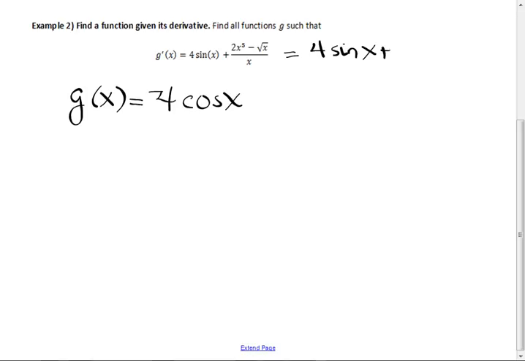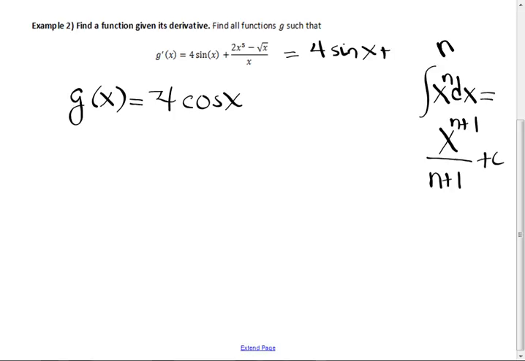Nope, we're not doing substitutions. All we know is the power rule. What is the power rule? Okay, x to the n plus 1 over n plus 1, plus c. This works for all n except one value in particular. Negative 1. Because the antiderivative of 1 over x dx is the log of, and don't forget the absolute value